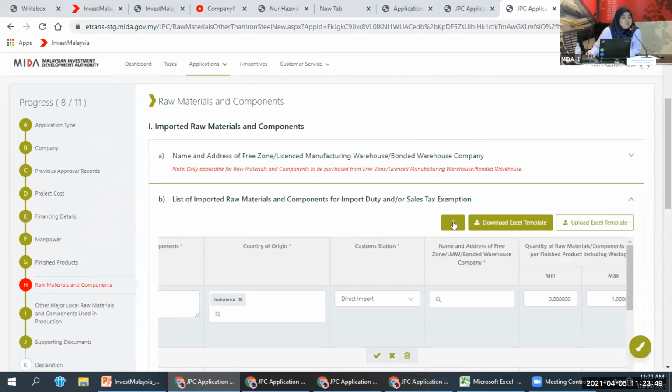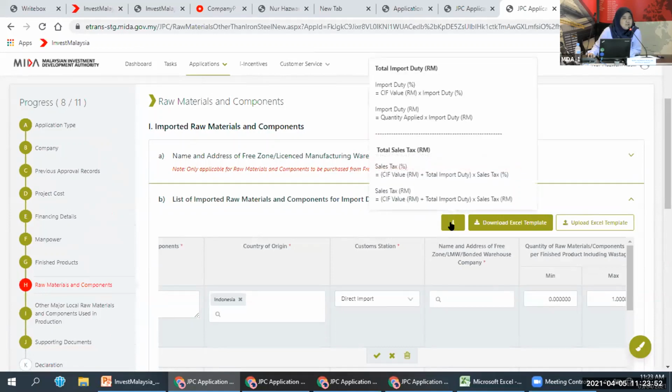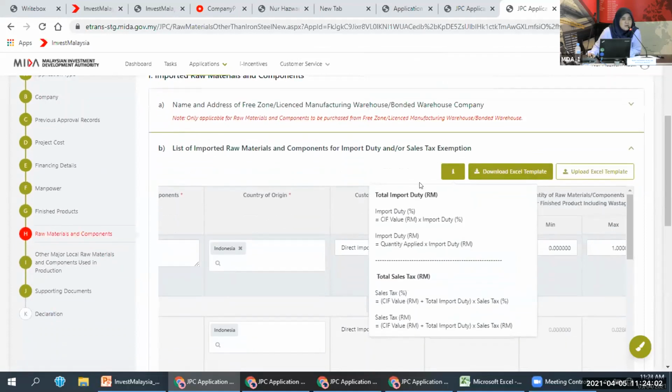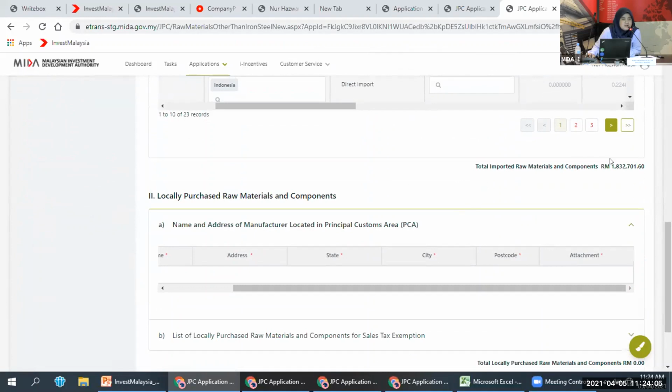If you want to refer to the calculation, you can click on the info button here. This is how we calculate your total import duty or your total sales tax. Once you key in the quantity and so on, the system will auto calculate the value here.